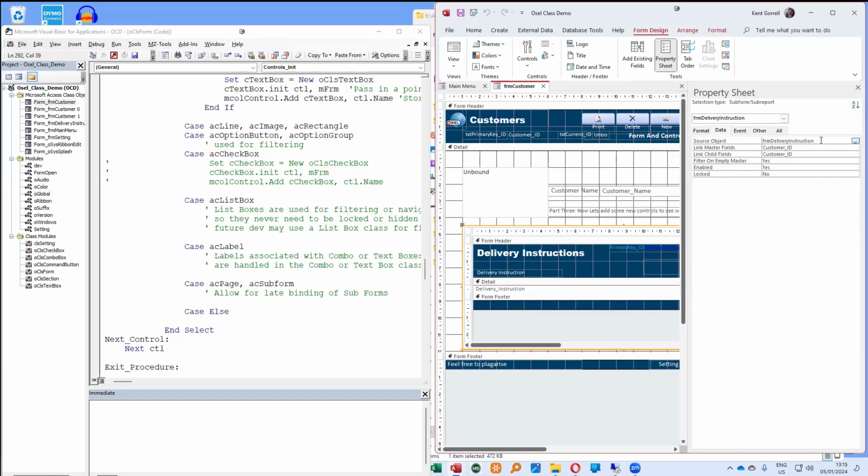So if I delete that source object, I can then late bind it in this process over here. But if I were to actually put a value in the caption for that form,